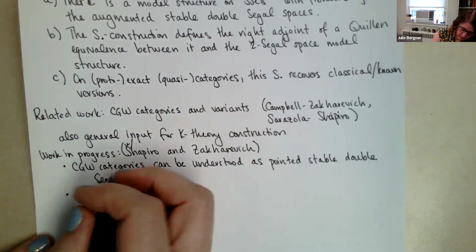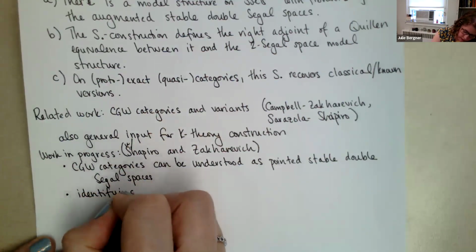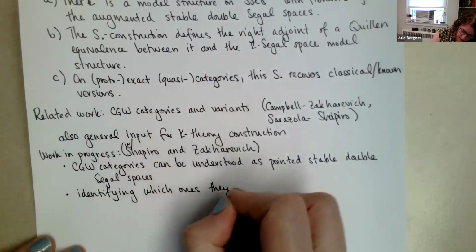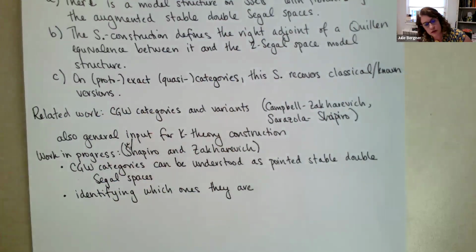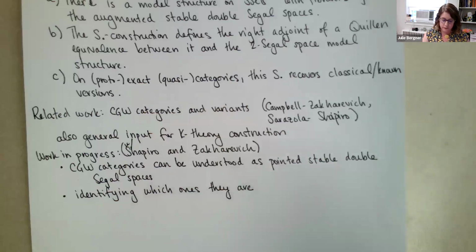The second part is identifying which ones they are. So they definitely form a subcategory, and we'd like to know which ones they are. And the hope is that this can inform both ways. So some of the things that these groups of collaborators are doing with CGW categories, we can say, hey, can some of those be pushed further into, say, suitably general augmented stable double Siegel spaces,